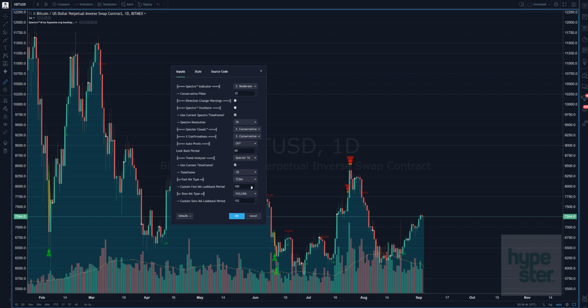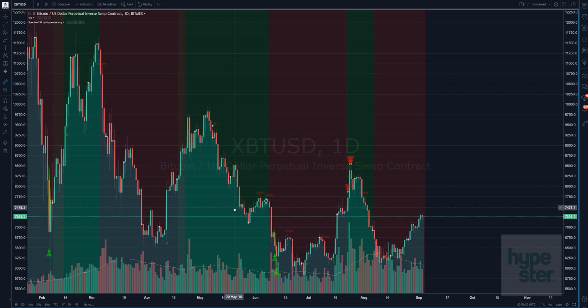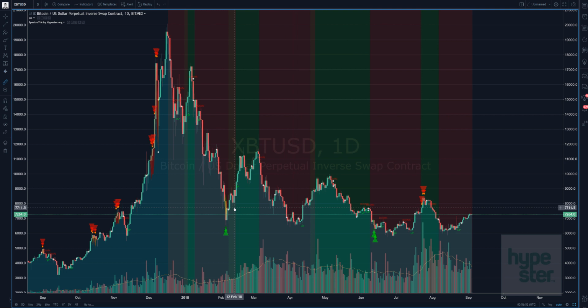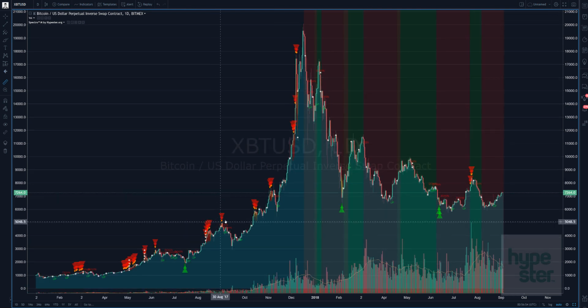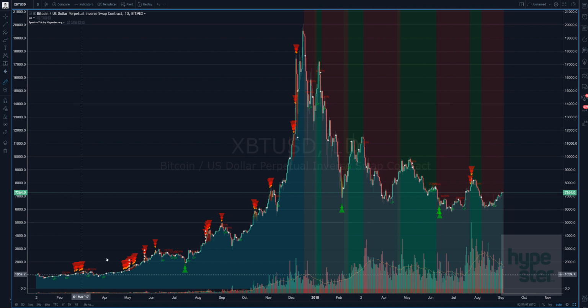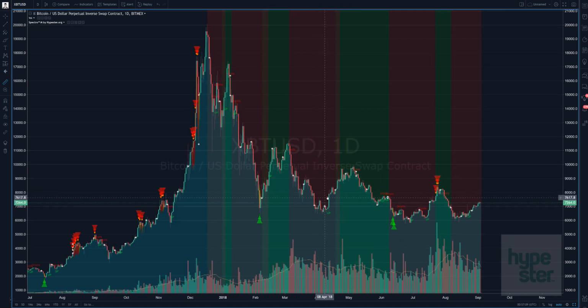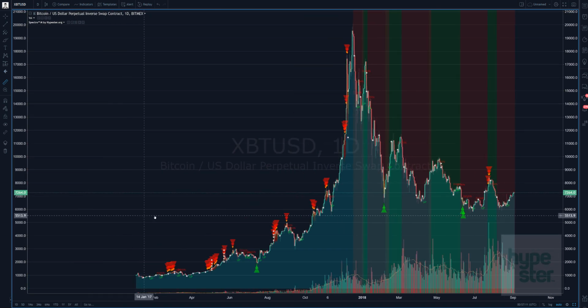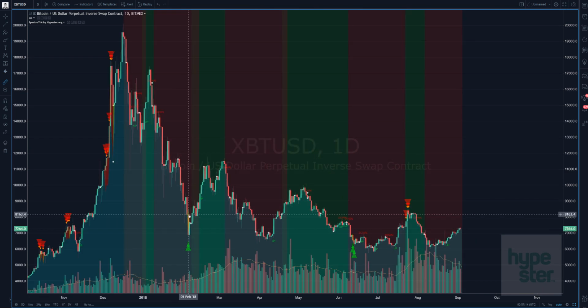So the one I use a lot, obviously, is mine, the Spectre TA. It has a special thing, but as you can see, it uses a lot of data. So you see that it only starts working here. It means that it needs more than 300 bars back to start working. So that's why you need to use it on charts that have a lot of historic data, because this indicator,